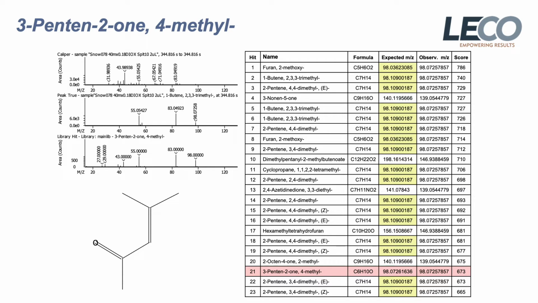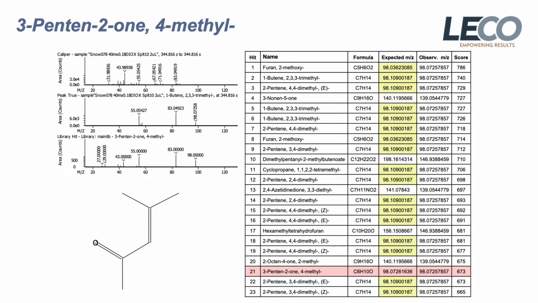Another story. Look here, the spectrum of some component of a snow sample. I should say that preliminarily, we used to run samples using some simple GCMS system, low resolution. And when we got this best hit, 2-methoxyfurane, we thought that it was fine because we had something like 20 other furanes in this sample. Nothing was special. But when we ran accurate mass measurements, we got the following result.